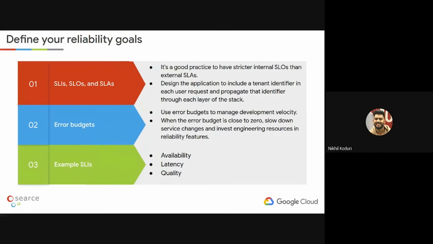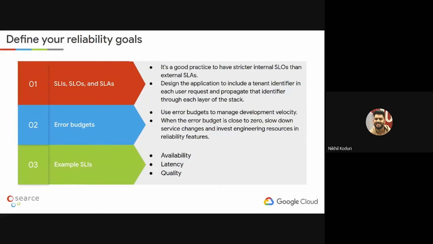We try to keep the error budget as close to zero as possible. Once it reaches close to zero, you have to slow down the changes and invest engineering resources to make these services more reliable, more scalable and more efficient, right?